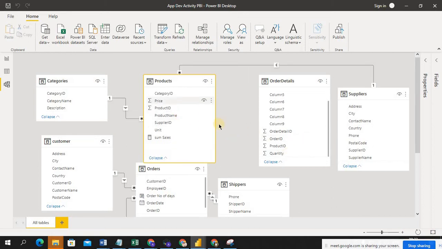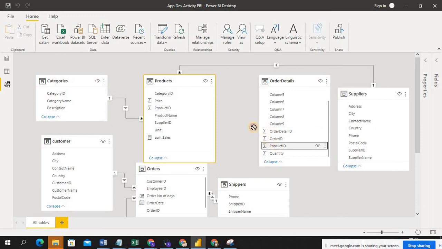So what is the common column between these two? You can just see, category ID. This table joins with the supplier ID with the suppliers. So here, this product ID, here also product ID is there, here also product ID is there.